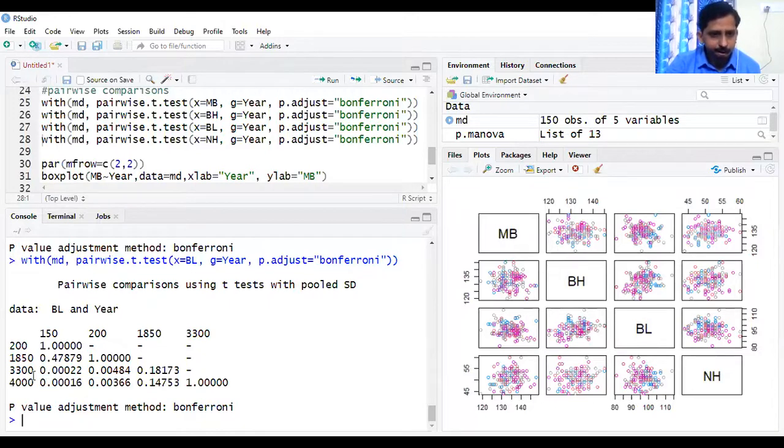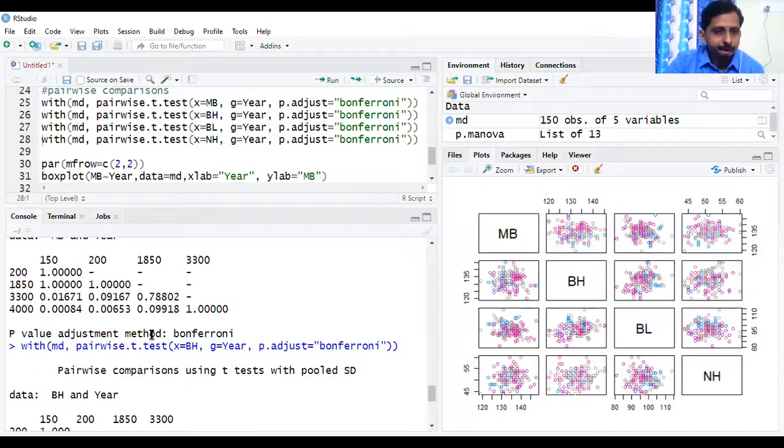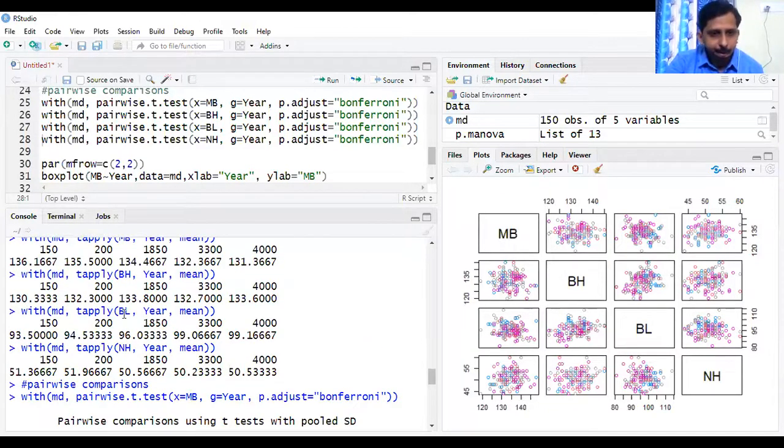Now look at this. From 3300 BC to 150 AD, there is a significant change in the length. How to understand this? Let us take 3300 and 150. Where is the mean of length? This is the mean, 99.16 to 93.5. The reduction of 5.8 or some decimals is really a noticeable impact in the generations, reducing the length